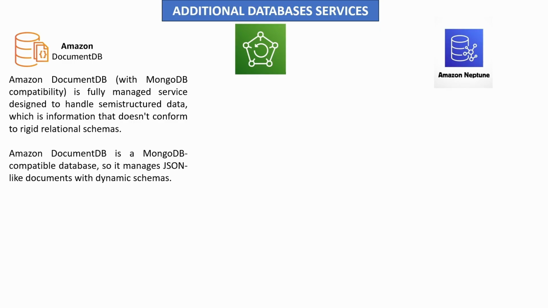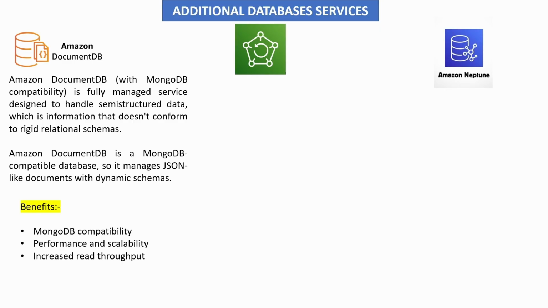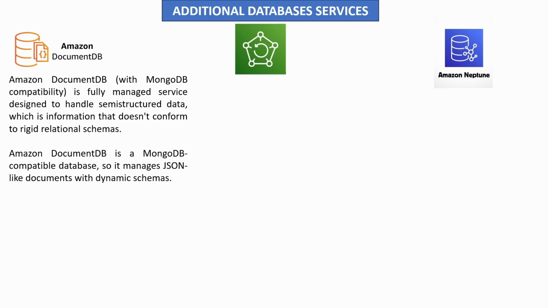DocumentDB is a MongoDB compatible database, so it manages JSON-like documents with dynamic schemas. DocumentDB is perfect for applications requiring frequent schema changes and document-oriented data. Unlike relational databases or non-relational databases, you can quickly iterate without relying on predefined schemas. DocumentDB can store, query, and index JSON data effortlessly, all while benefiting from automatic scaling, continuous backup, and enterprise-grade security